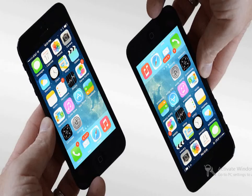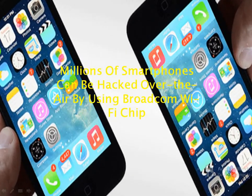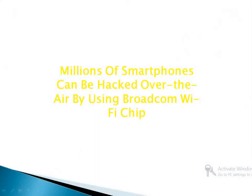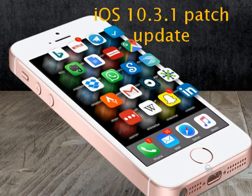Number 3. Millions of smartphones can be hacked over the air by using Broadcom Wi-Fi chip. Millions of smartphones and smart gadgets, including Apple iOS and many Android handsets from various manufacturers, equipped with Broadcom Wi-Fi chips are vulnerable to over-the-air hijacking without any user interaction. Apple rushed out an emergency iOS 10.3.1 patch update to address a serious bug that could allow an attacker within same Wi-Fi network to remotely execute malicious code on the Broadcom Wi-Fi SoC, software on chip, used in iPhones, iPads